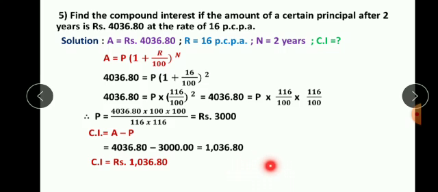Here we have finished all the 5 sums of the same exercise. And children, from page number 93 you will cross all the sums after the 5th sum. After the 5th sum, 6, 7, 8, 9 and 10, all these sums you will cross over there, because these 5 sums are cancelled from your syllabus. Okay, which sums? 6, 7, 8, 9, 10. Okay, so cancel it. And here we have finished the practice set.